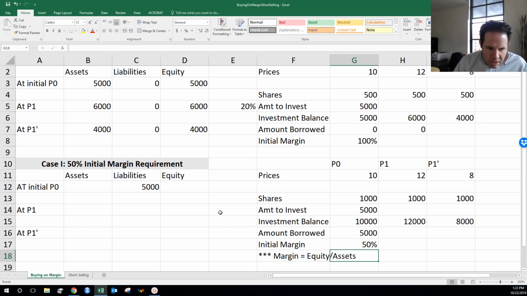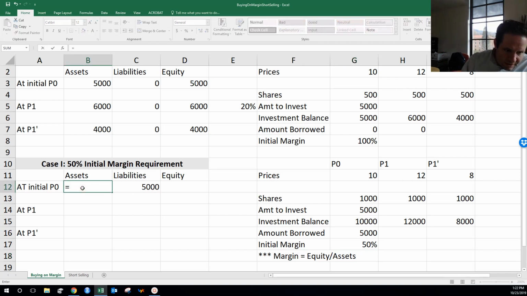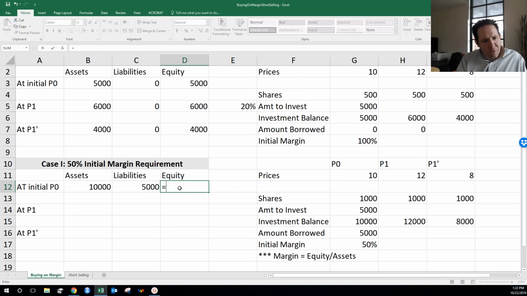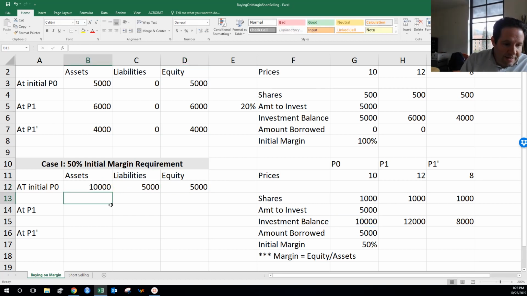leveraged position. Now, the important part about this is that at the initial price, you're able to invest with margin, and you're able to double, in this case, how many shares you have access to. But note that if I were to liquidate this position, I would still only have $5,000 as my bottom line. I owe $5,000 and I have $10,000 in stock. That really means that my bottom line, I have $5,000 in this account, even though I have exposure to $10,000